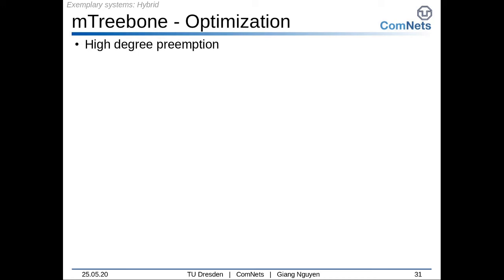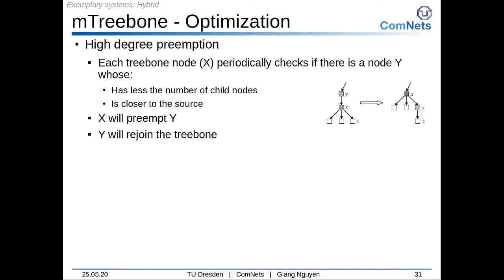So now, once the backbone of the overlay is established, there are several ways to optimize the topology. First of all is the high degree preemption. Let's consider this example. We have Y forwards video packets to X, and in turn X forwards packets to some